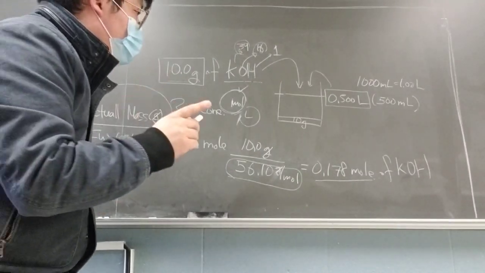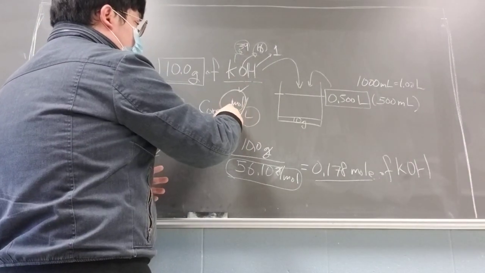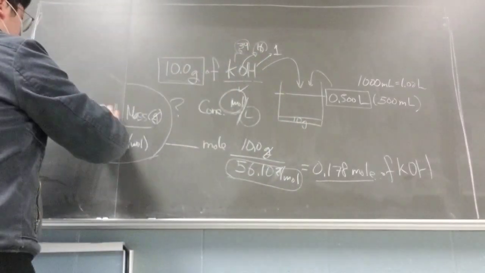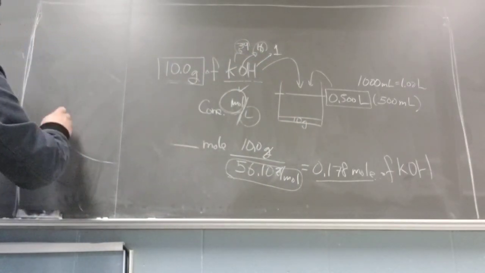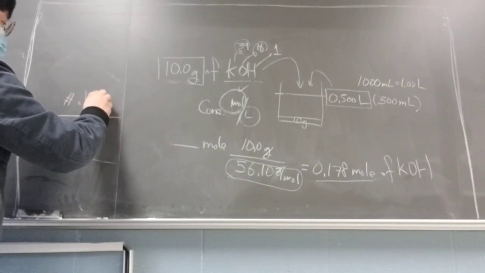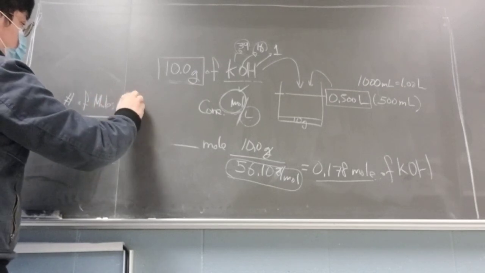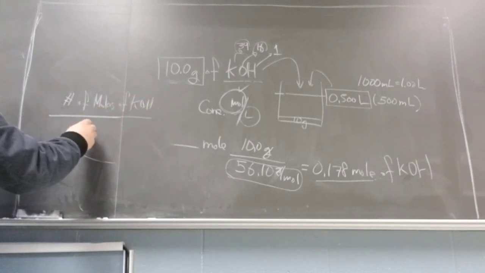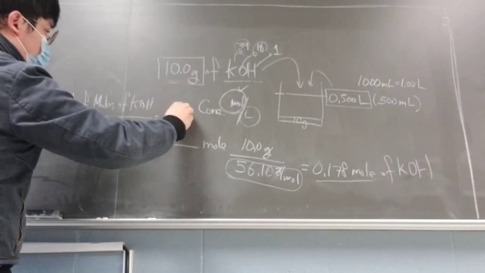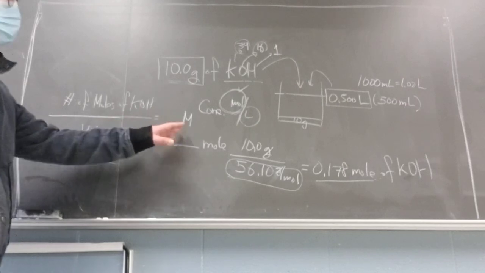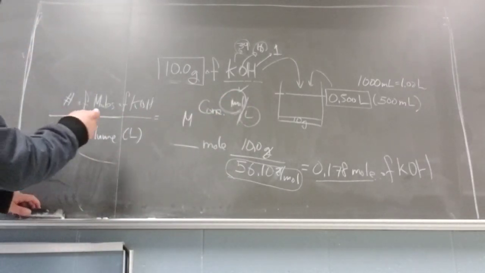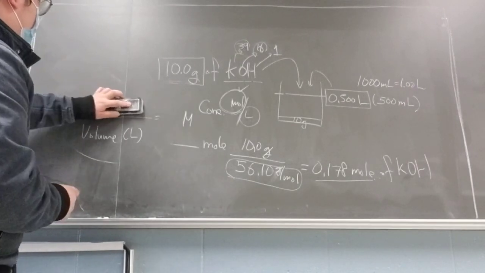0.5 liter. Okay. So then you have the number of moles divided by the number of liters. If you have the number of moles of something, in this case KOH, divided by the volume in liters, that will give you the concentration. Because the concentration itself is simply what? Moles per liter. So what I'm going to do is, we got the moles number here, which is